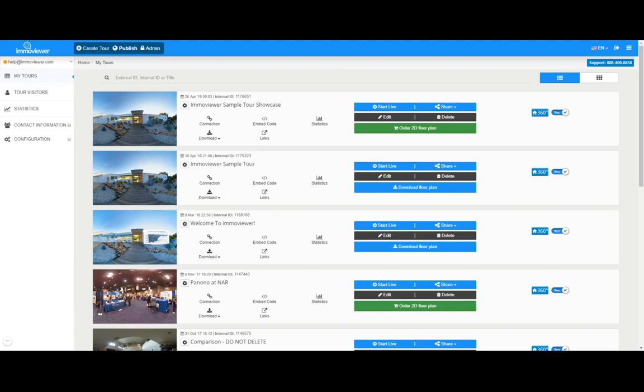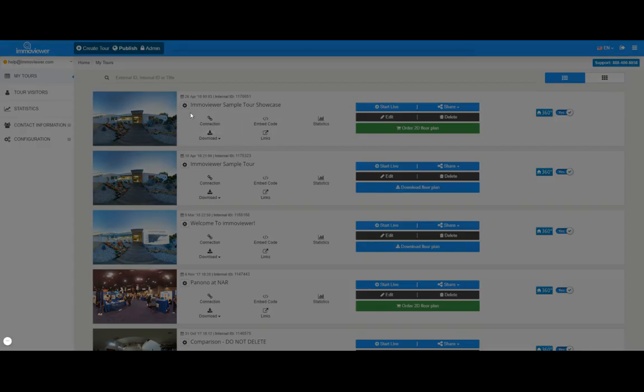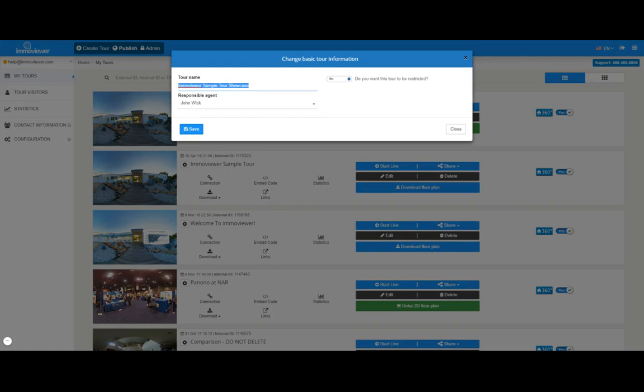All you guys have to do is just click on this gear icon right here, just beside the tour name, and two options should appear on your screen. We have edit basic information or copy tour. Now what we want to do is click on edit basic information, and from there we can